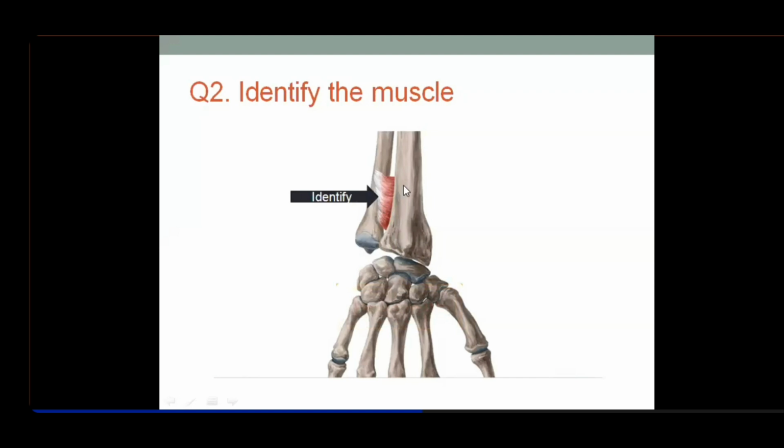So now the question is, which muscle is this? This muscle you see is actually quadrangular in shape, and it is binding the two bones, from the palmar surface of the ulna to the anterior surface of the radius, lower 1/4 or lower 1/3 of the radius. So that muscle is